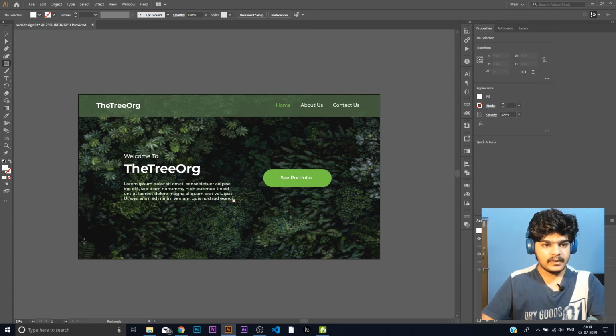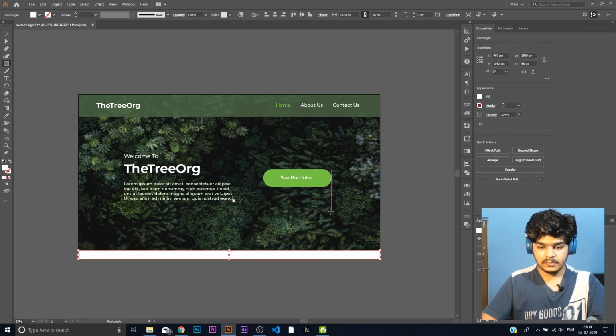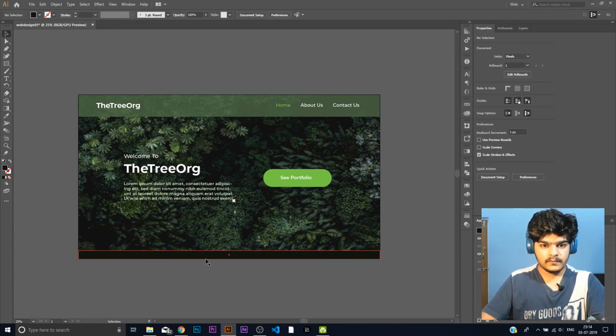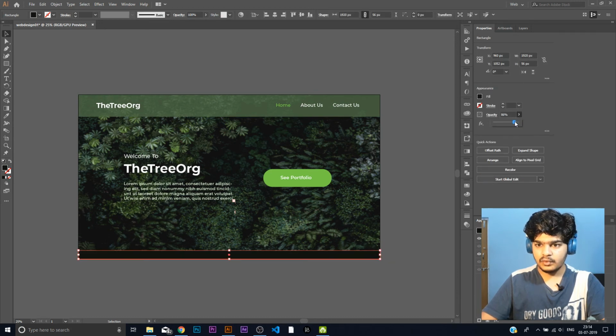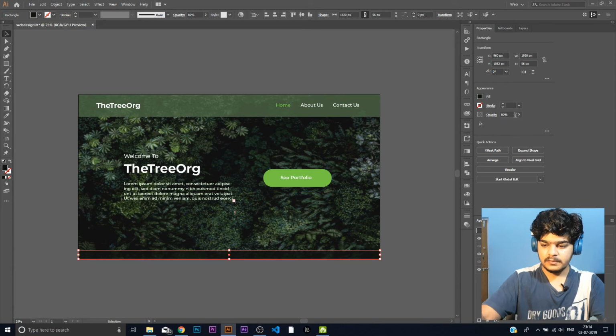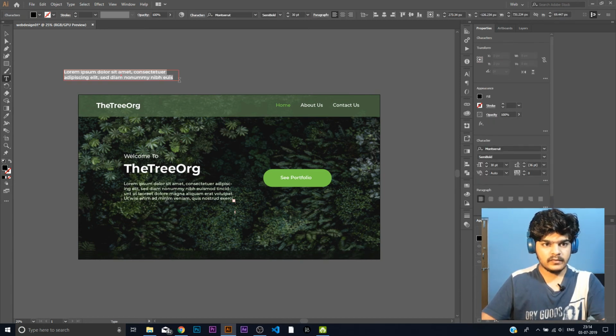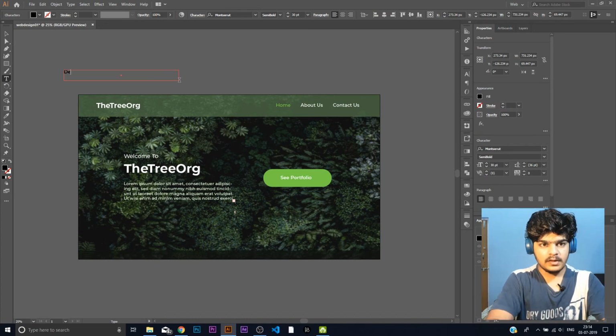Now at the bottom we want the name of developer, so this much, and we'll be giving it a dark black color. And we'll again change the opacity down to 80% or 75%, just so that a little bit of the background image shows up. And we'll be writing down DSIG designed by